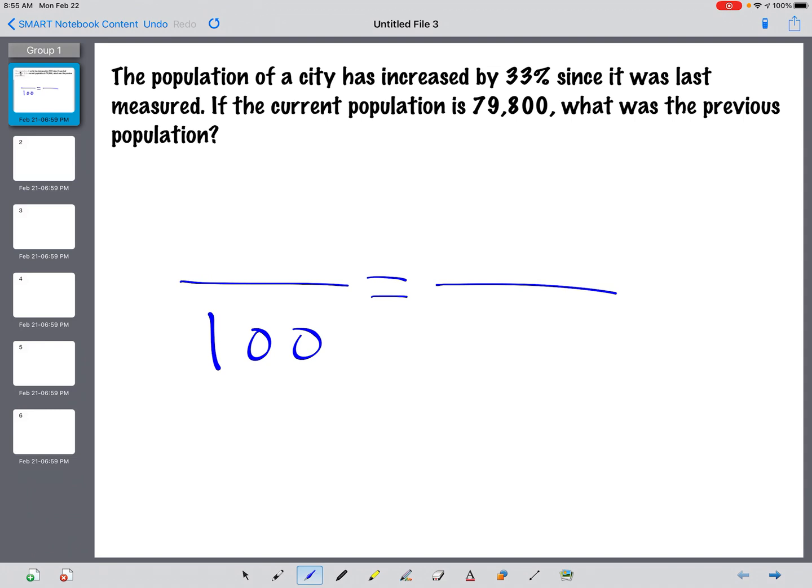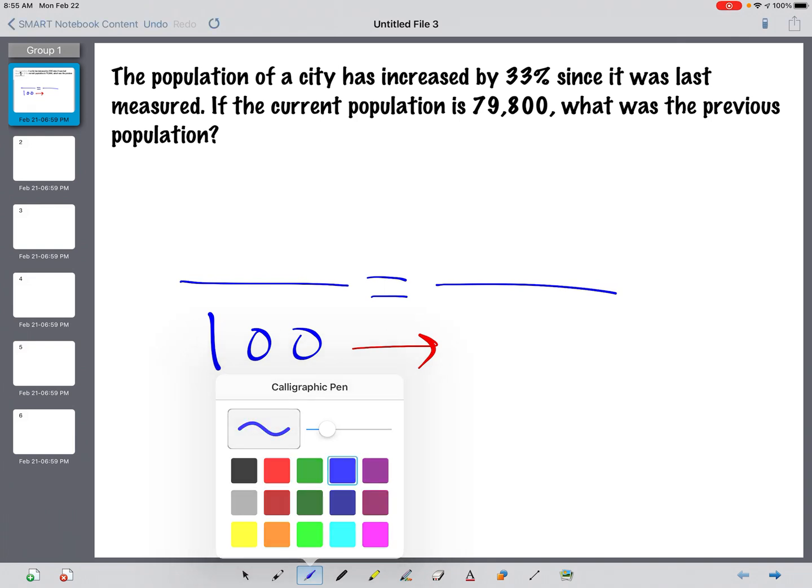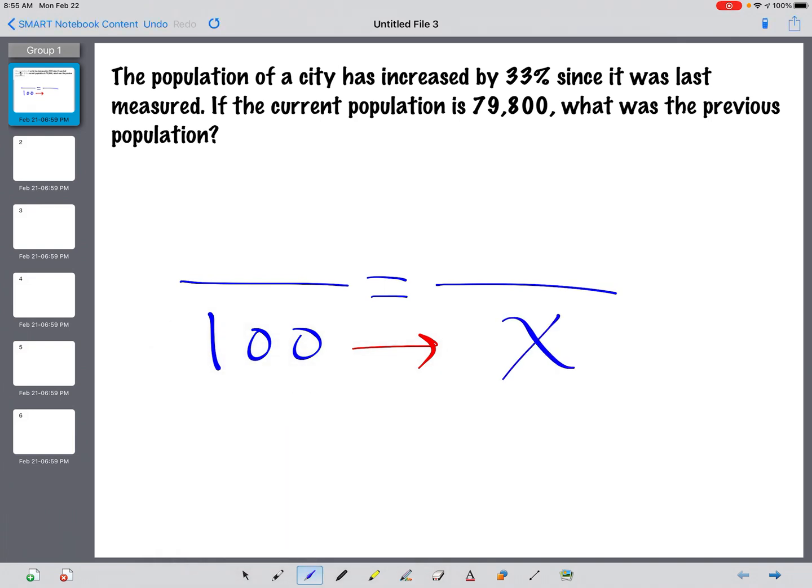And so across from 100, in the other denominator, that's where we're going to establish our unknown, our variable. Okay, and so since the current population is 79,800, in the numerical value fraction side, we're going to put